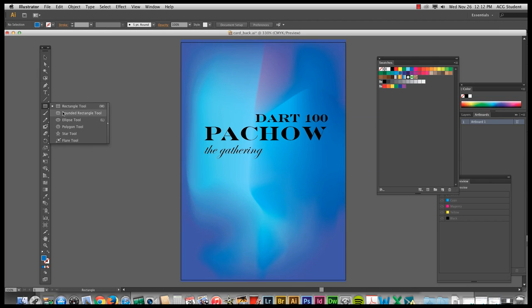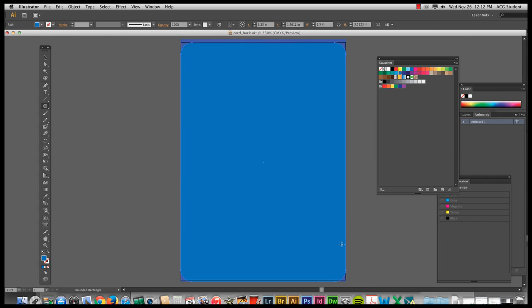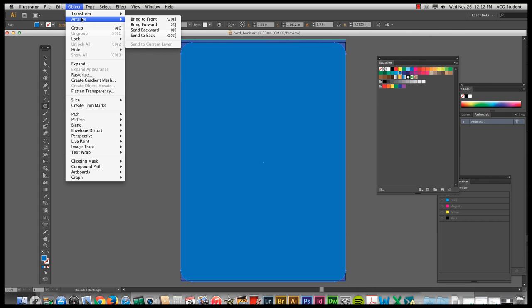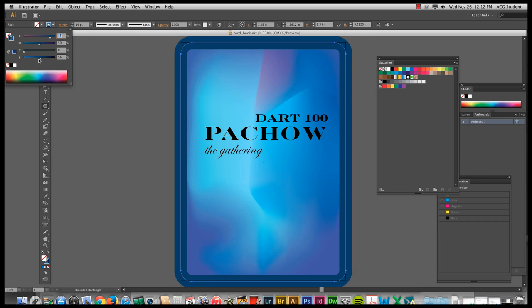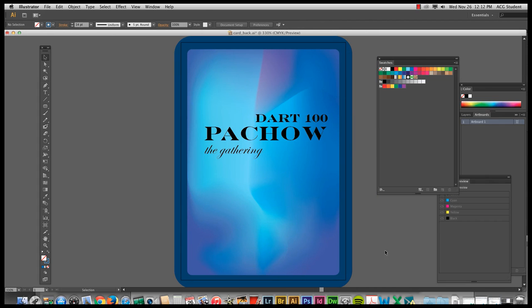I'm going to take a rounded rectangle, put that, give that a big stroke, change the color to something a little darker, make sure that everything that you want is inside the artboard, because if you go to